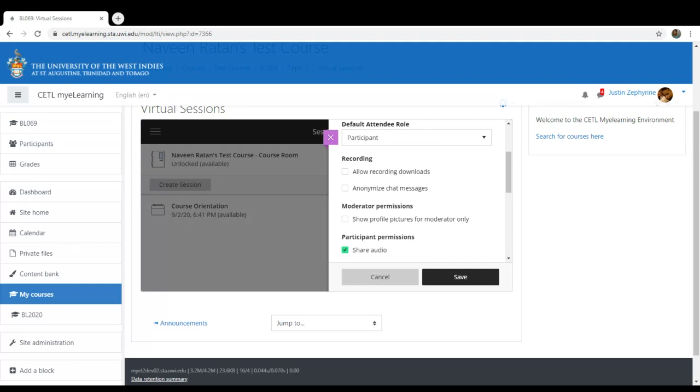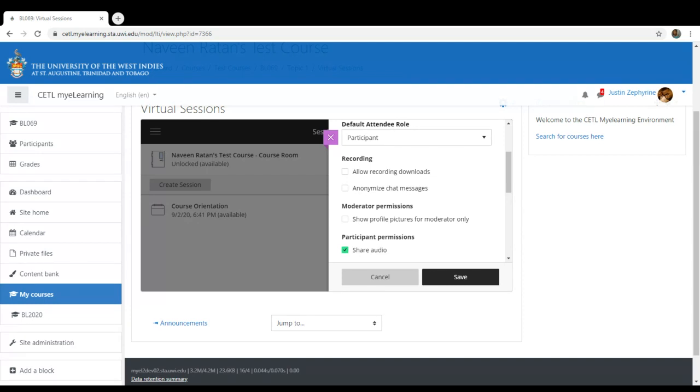Now the thing is, you could allow them to. I normally don't have a problem with them downloading it, to be quite honest, because some students may not always be able to come to your site and download. Some students may want to download it and then subsequently just listen to it like a sort of episodic kind of thing. And that works for them. But if it's something that you are not comfortable with, then you don't have to let students download it. They will just be forced to come onto myeLearning and Blackboard and view the recording.